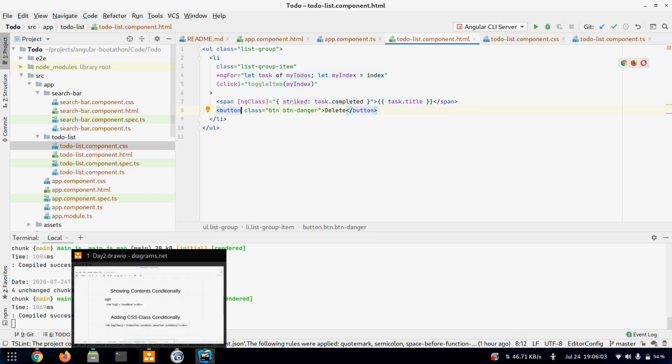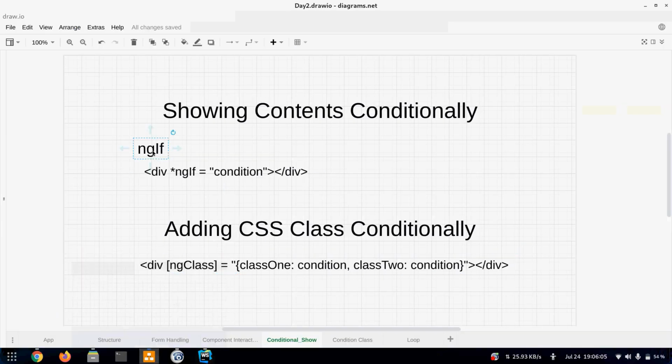To conditionally show elements, we use ngIf. We type a star and then ngIf, and we put a condition inside the quotes. If the condition is true, then the element gets displayed, otherwise it will not be available inside the HTML. This is the syntax, ngIf.